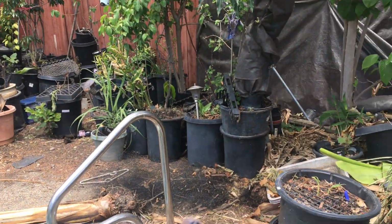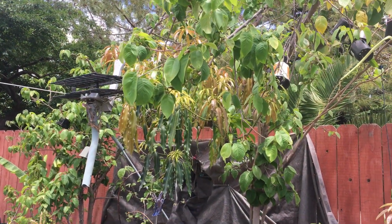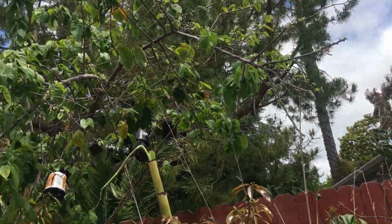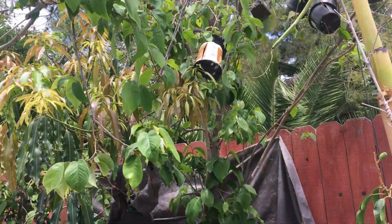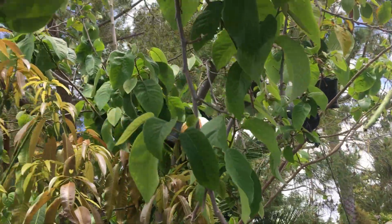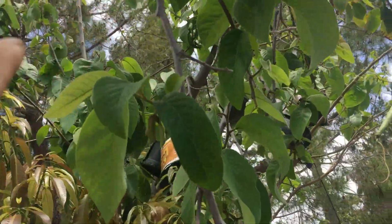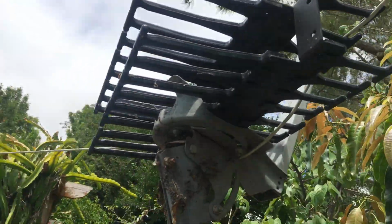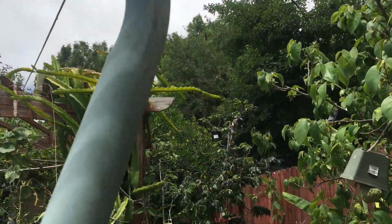And then we take a look at this other one. See the new growth there? That's a huge one. And this is my cherimoya, about 11 years old. So this is the tip of the tree of the cherimoya, and I tied a string right there onto the tip and then into my pergola right there,